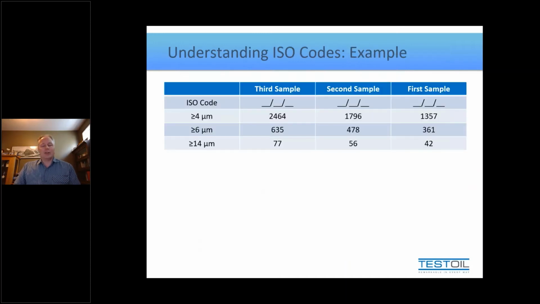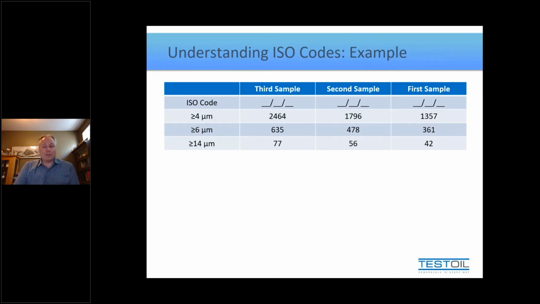Look at these 3 particle counts. Now notice how they're labeled first, second, and third sample. As the trend goes from the first to the second to the third sample, what would you say is happening to the particle count? Well, you'd probably notice that it's increasing. Now if I asked you, is it increasing a little bit or is it increasing substantially? That becomes a subjective answer. Right? Some of you may say, no, it's not really that much. And other people go, wow, it's almost doubling. That seems substantial to me. So how can we all agree whether or not that particle count is increasing substantially or just a little bit? Well, that was the purpose behind the ISO coding system.